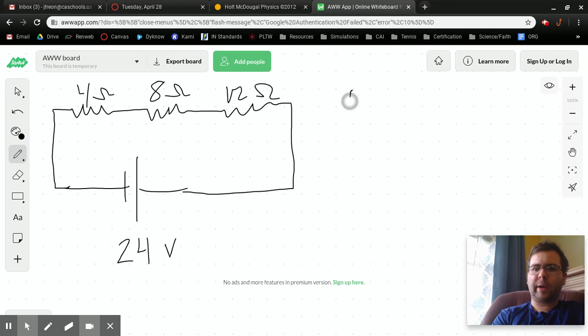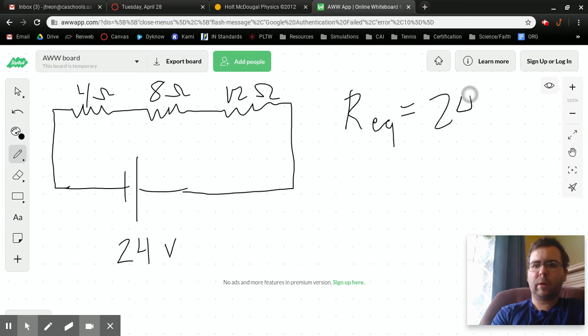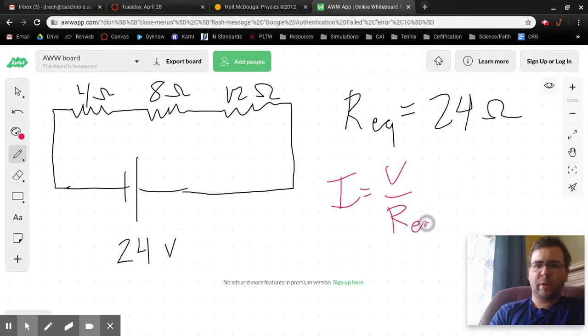So already I can add those together and tell you the equivalent resistance is going to be 24 ohms. So that's really easy. Okay. For the current, I think I did current in red last time. So for the current, that's going to be the voltage over the total resistance. So that's going to be 24 volts over 24 ohms. And that means that the current through the whole circuit here